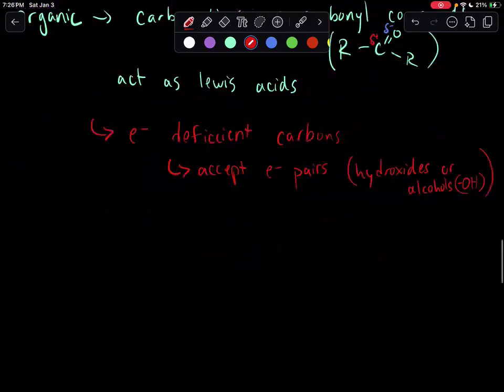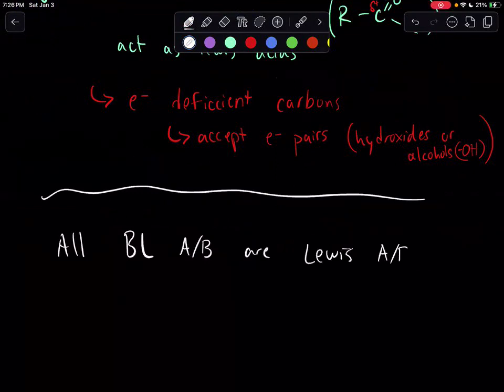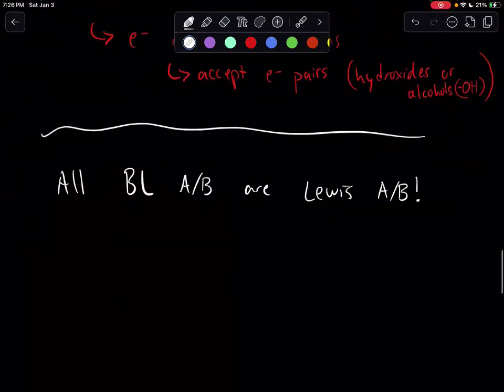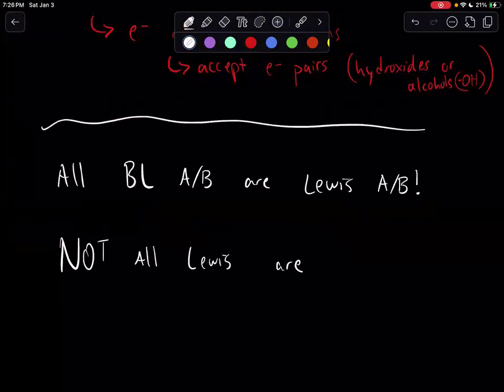The last part of this unit that I just want to highlight is that all Bronsted-Lowry acids and bases are Lewis acid bases. They're all Lewis acid bases. However, not all Lewis are Bronsted-Lowry. So it only works one way. So as you start exploring different acids and bases, keep note of which ones are Lewis but not Bronsted-Lowry and which are both. Anyways, I hope this helps and have a great